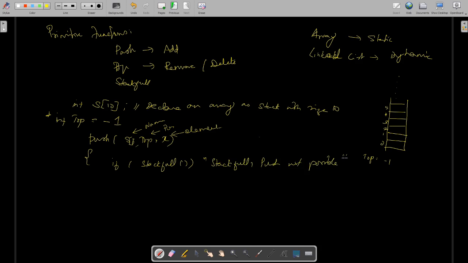Guys, I am just writing the pseudocode here. This is not any C program. This is just an algorithm. So stack full is another function which is going to check for stack fullness. How can the stack fullness be checked? How can the stack full function look? If top is equal to n minus 1, where n is the total length of the array,